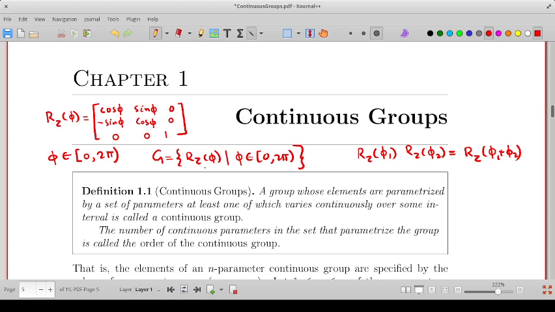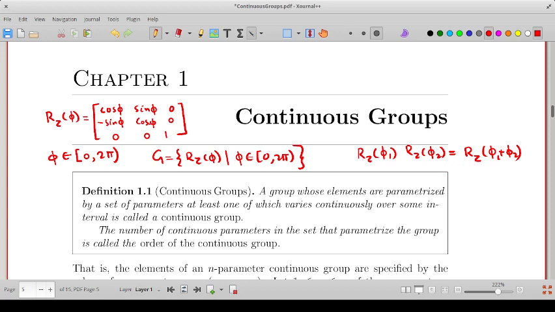Then we consider the set of all such matrices R_z of phi, where phi varies from 0 to 2 pi. And we see that this set of matrices forms a group under matrix multiplication. To see this, we can consider two such matrices R_z of phi 1 and R_z of phi 2 corresponding to two values of the parameter, which we denote by phi 1 and phi 2, and use this form of the matrix and multiply R_z of phi 1 and R_z of phi 2